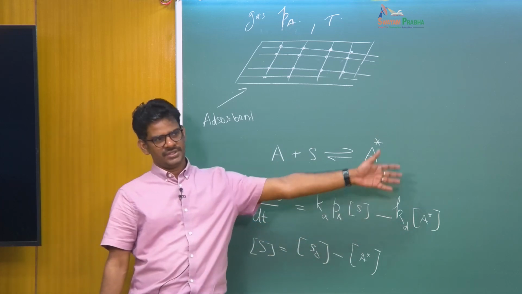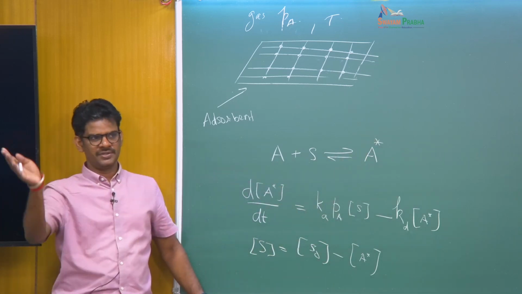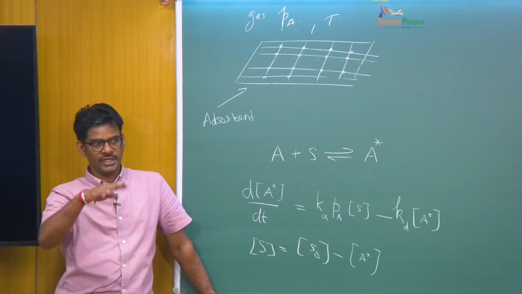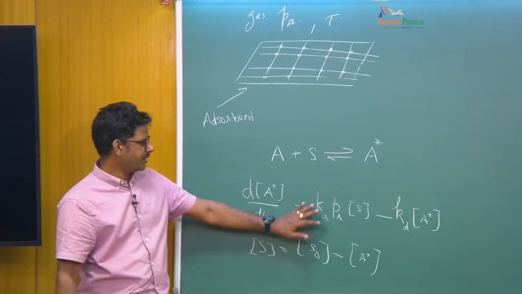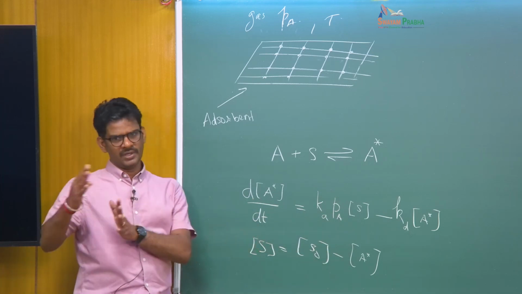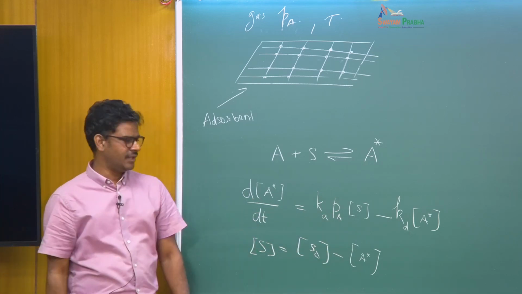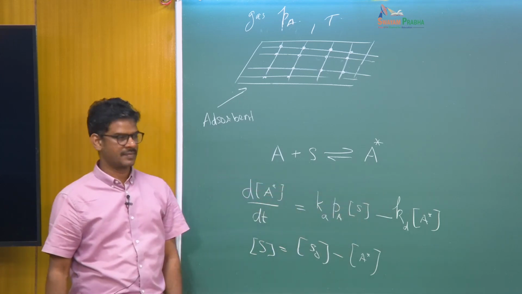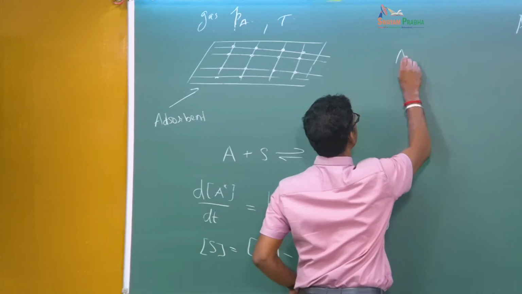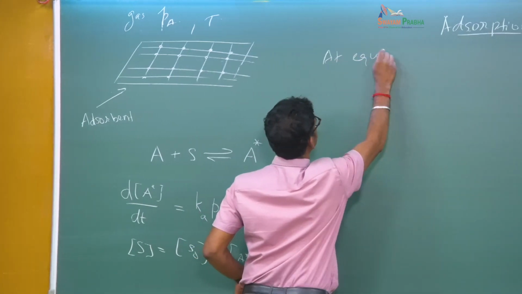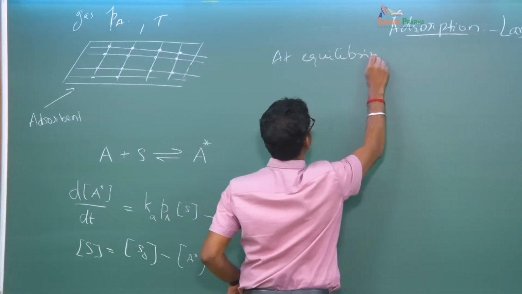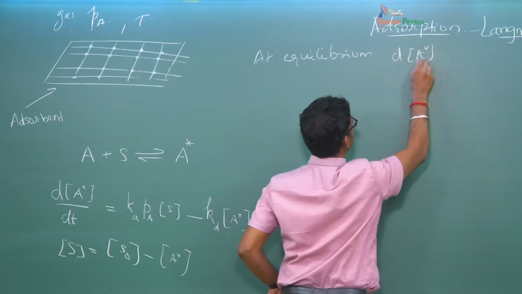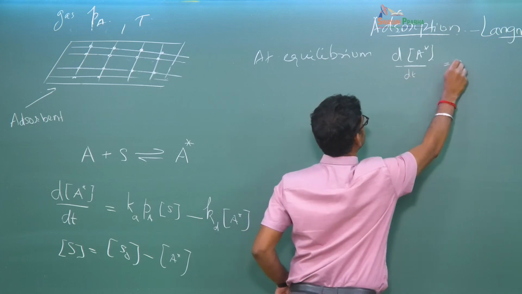You get an analytical equation and you can show how A star varies as a function of time. It will exponentially increase to an equilibrium value. But if you're not interested in the kinetics and you're looking only at the final equilibrium value, you can set this equal to 0 and derive the condition for equilibrium. So at equilibrium, the rate of change of adsorbed molecule concentration is 0. That means